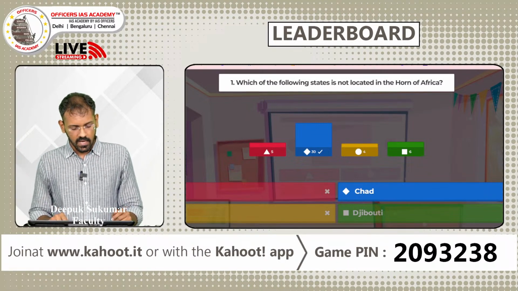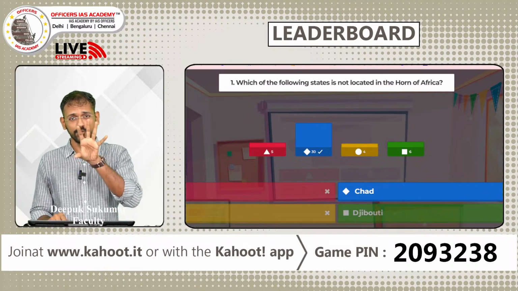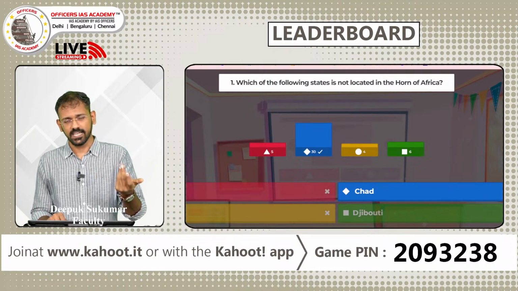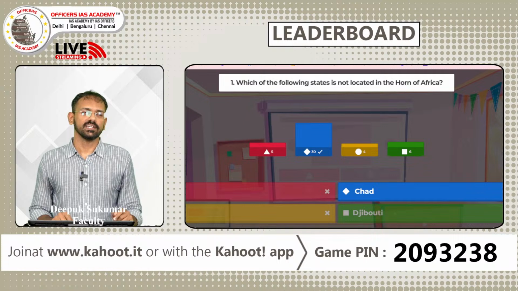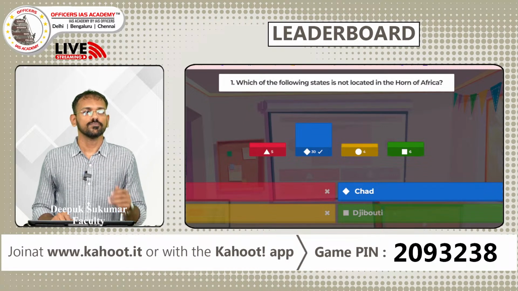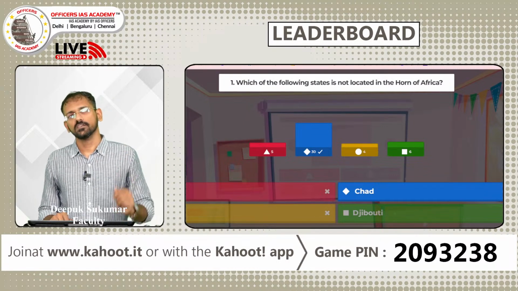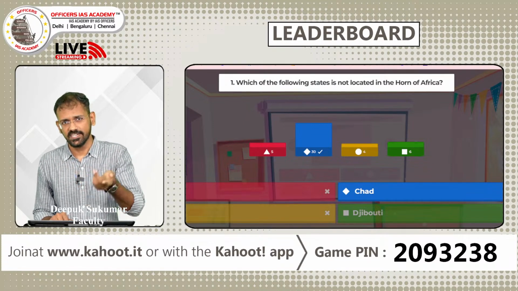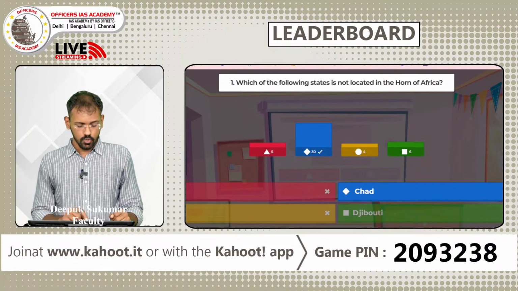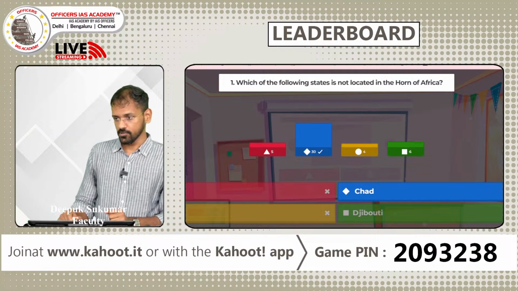So, maps are very, very important. They don't show you actual maps in the exam, but they tend to ask what the neighboring countries are, which water body is nearest, which countries surround, let's say, the Mediterranean Sea, the Red Sea, whatever it might be. So maps are very, very important for UPSC prelims.